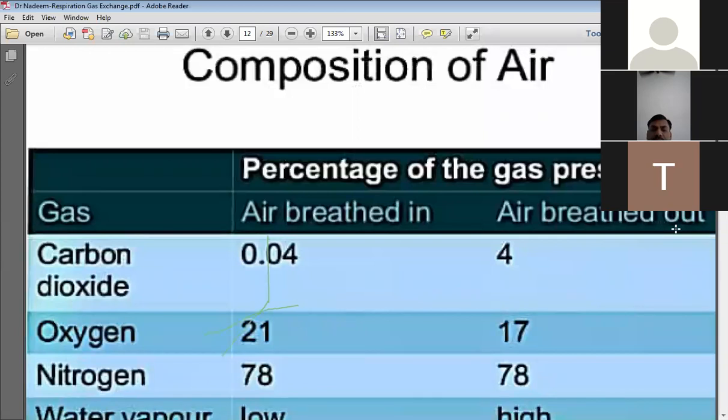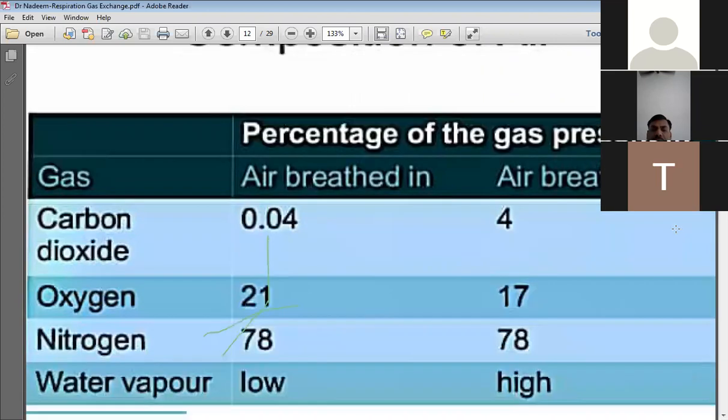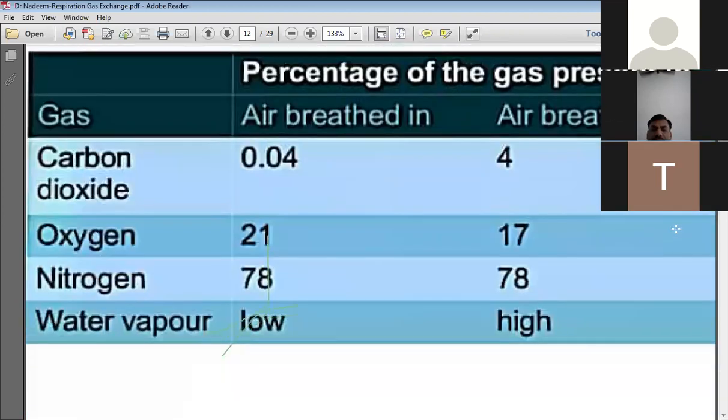Since we are learning about respiration, inhalation air contains different types of gases, apart from the main oxygen, which is responsible for the respiration phenomenon. The different types of gases are stable in nature. In almost all cases, the air we breathe in has CO2, oxygen, nitrogen and water vapor present, and they are also present in the air we breathe out. That is the exhalation process.